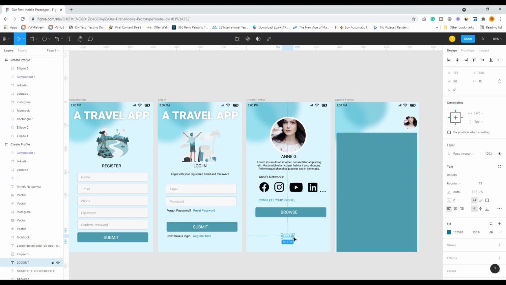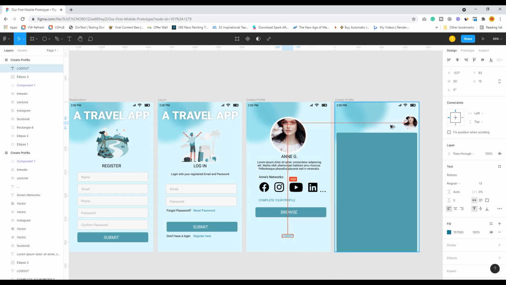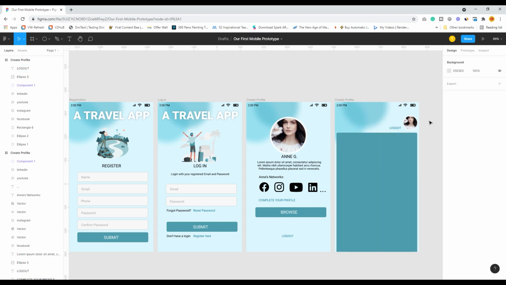You can just select this and take it to the screen. Let's log out. So this particular screen is actually what you need to browse.